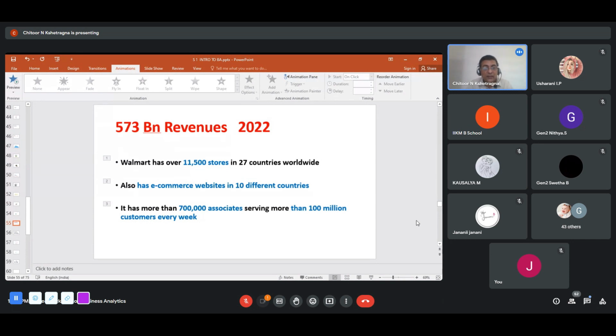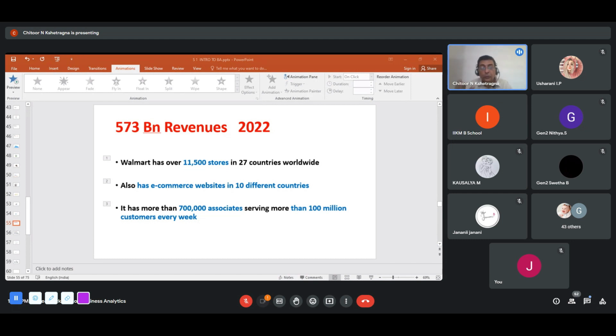They have 10 websites across. In fact, they've taken over Amazon. They have a stake in Amazon. More than 7 lakh associates who supply a lot of goods. They come to Tirupur, right? I know many of you know what Tirupur is. Tirupur makes a lot of innerwear, hosiery, T-shirts, banians, all of that.